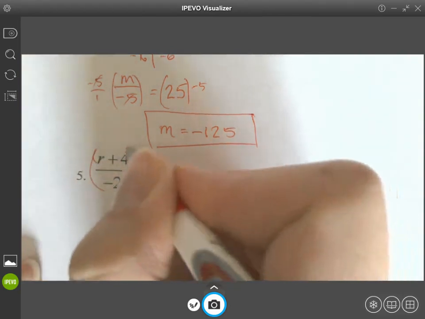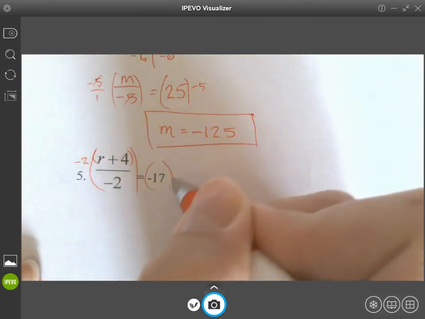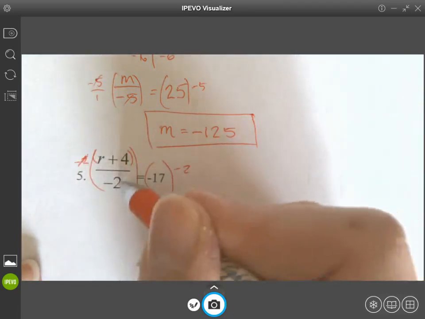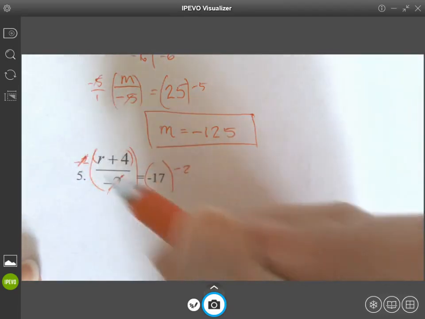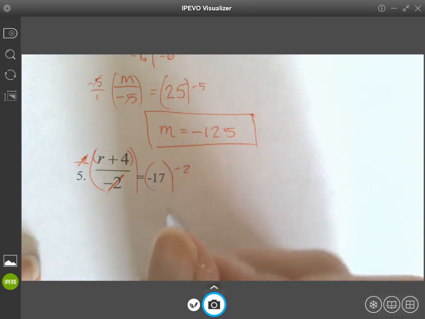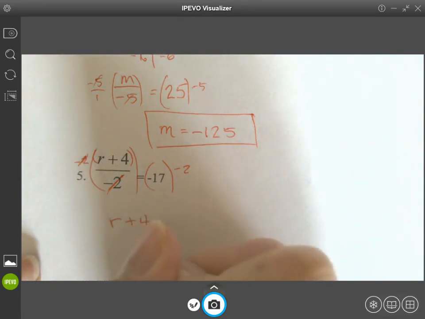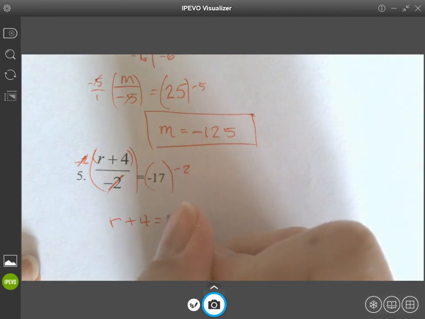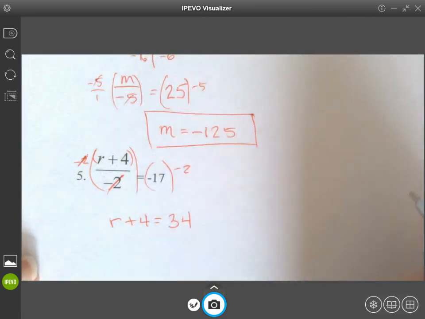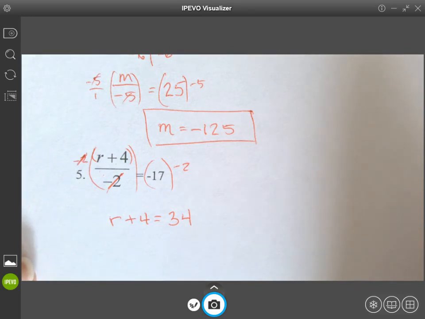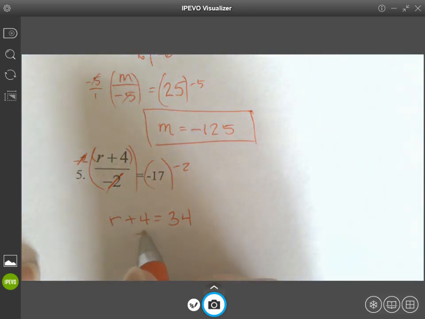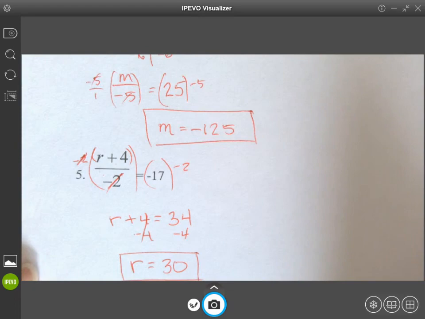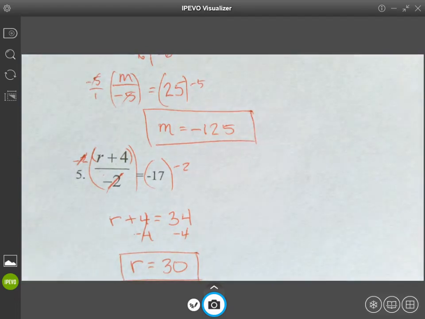So you guys are right. I have to multiply out the -2 first. So I'm not distributing this 2. I'm doing that to cancel it. -2 divided by 2 is 1. And I'm left with r plus 4 equals, well, negative times negative is going to be a positive 34. Now my goal is to get r by itself, so my last step is to what? Subtract 4. So I get r equals 30. Okay? All right. So